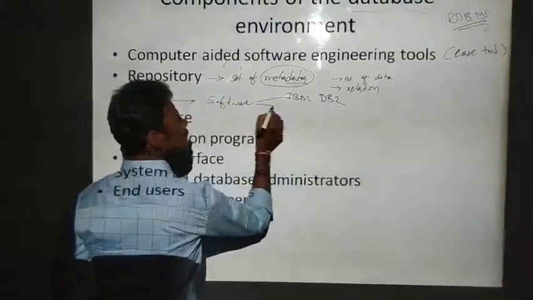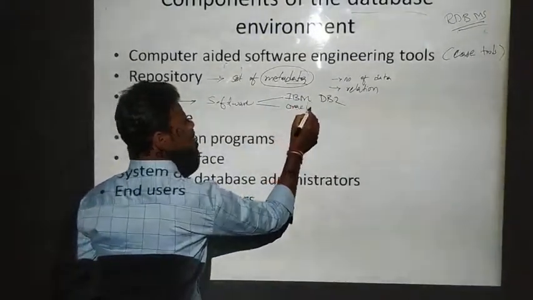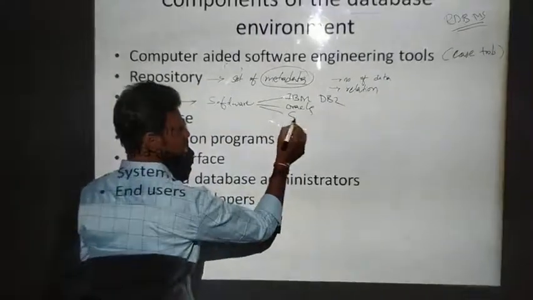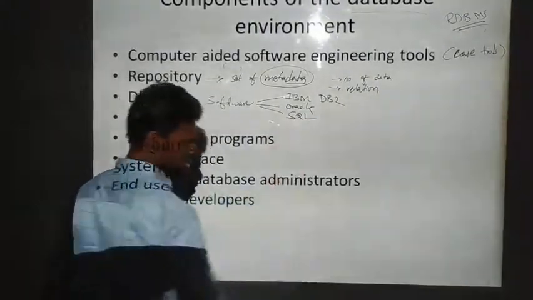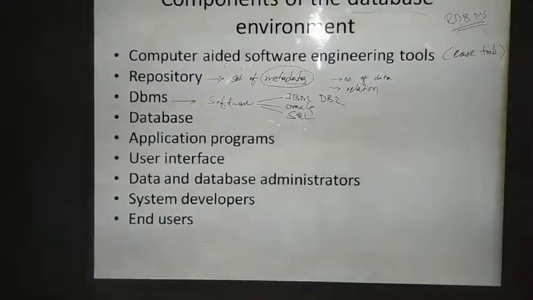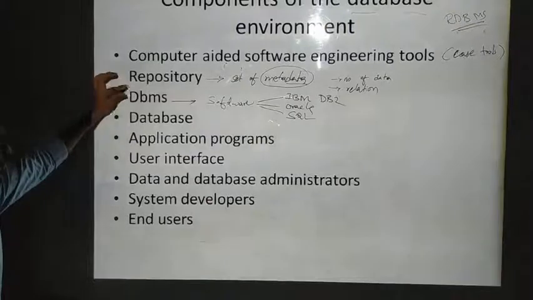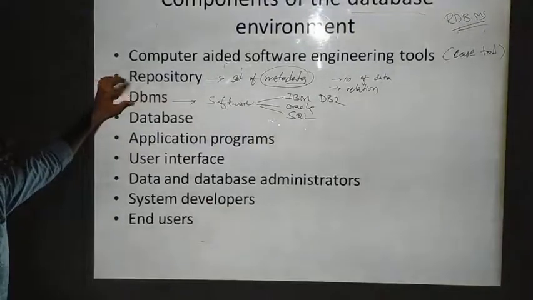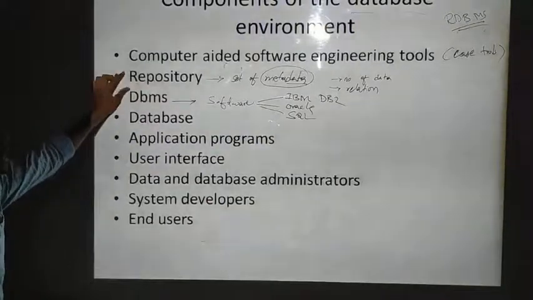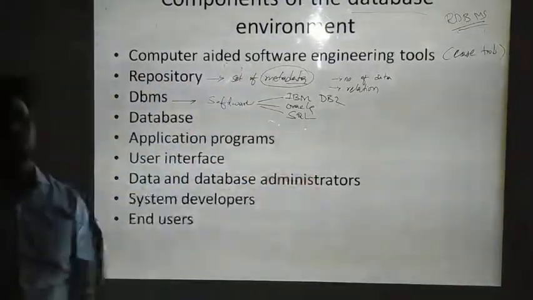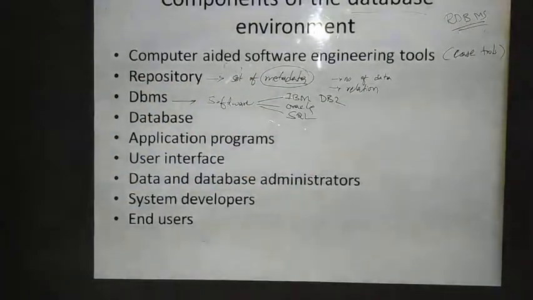your IBM DB2, Oracle, and the next one is your SQL. You could go for SQL Server. You could go for any example that falls under your database management system. I hope it is clear to you people. What is the database management system? Already we have discussed. And the repository, which will be handling a set of metadata, which will be giving the relation between the data that we are going to show.